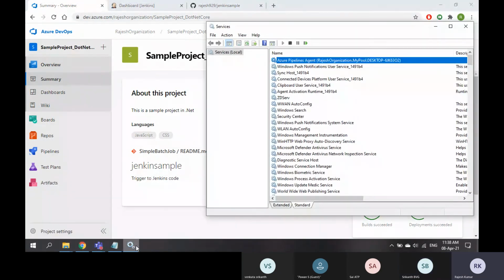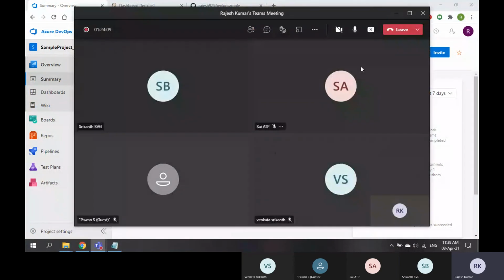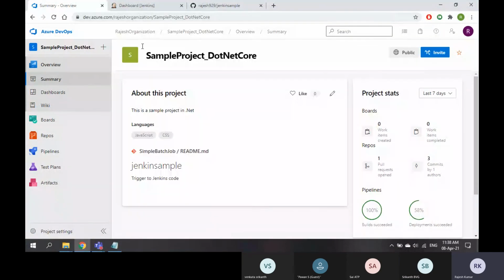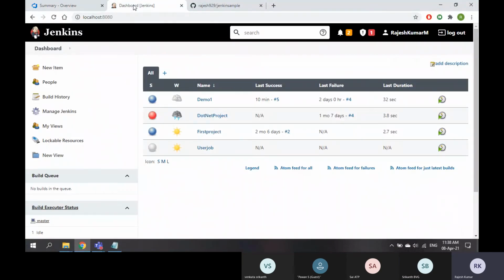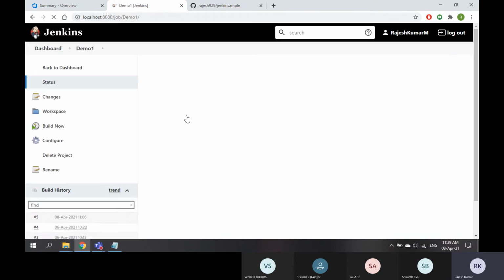Okay, guys. One more thing I just want to tell you. Anyway, as I said, I closed Jenkins. When you use Jenkins, everything is saved locally and everything is in your hands. Whatever you are running in Jenkins, if you go to build history, let me go to some build.